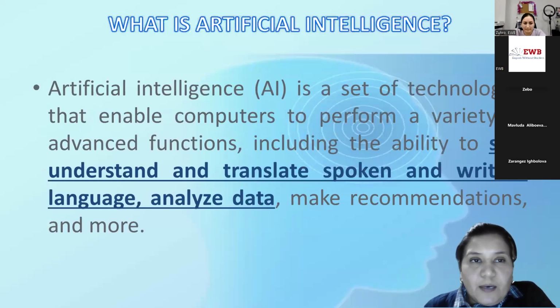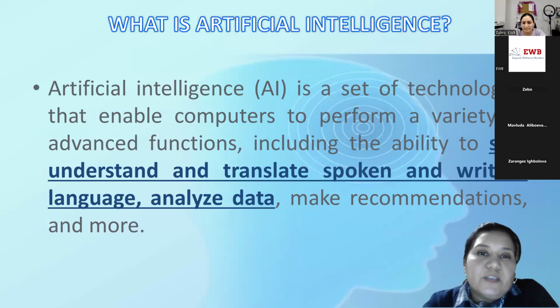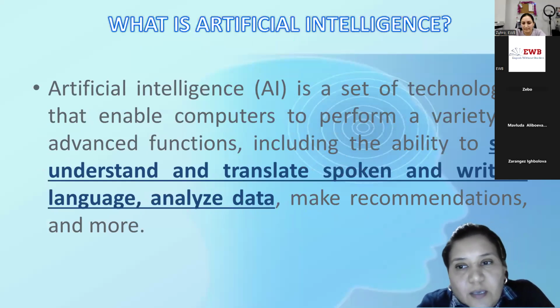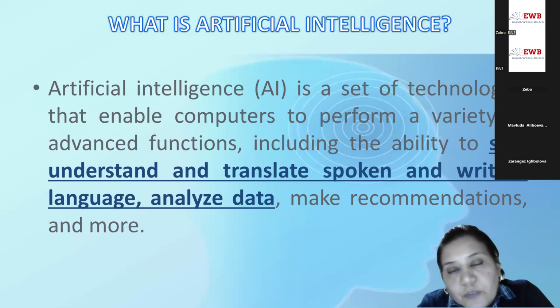Okay. You know, that's artificial intelligence. Artificial intelligence is a tool, yes. It may have functions which include the ability to see, understand, and translate spoken and written language. In the present day we can use artificial intelligence tools for analyzing data, making questions, and improving our pronunciation in teaching and learning English.